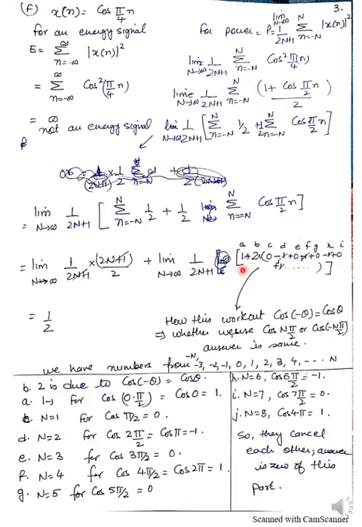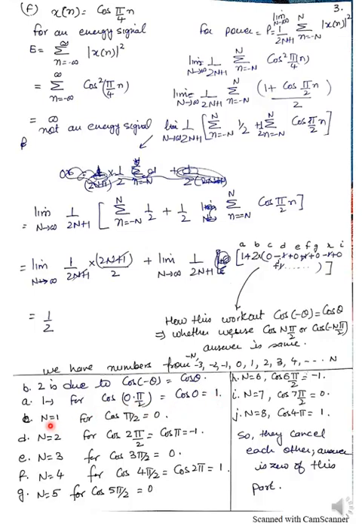Now I solved this part here. How I did this is, you can see that I denoted it by A, B, C, D, E, F, G, H, I. So what I am doing in A is, when I put the value of n equals 0 here, it will be cos(pi by 2 times 0). So it will be cos of 0 into pi by 2, equals cos 0, equals 1.